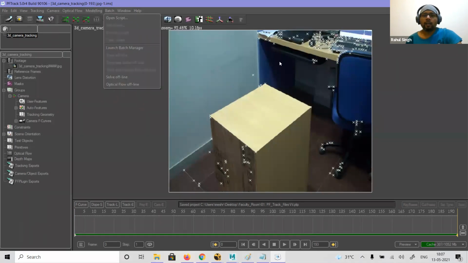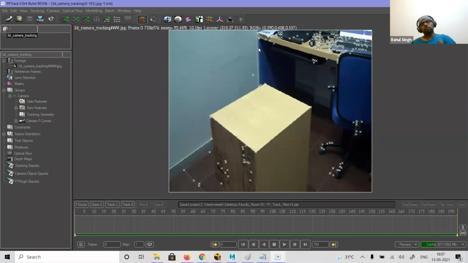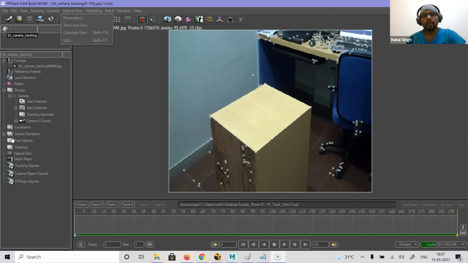This is just a usefulness, to see what type of scene I'm getting with the optical flow, like how the cameras are moving. So that is just for display purposes. It doesn't impact your scene. It doesn't have any connection with the workflow. Okay, so it is just for use.